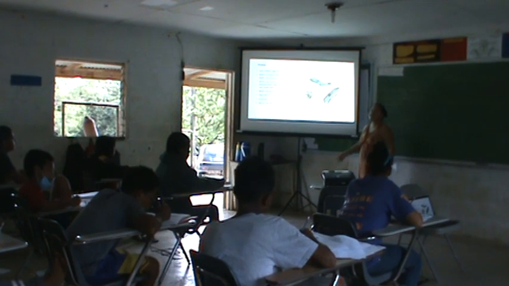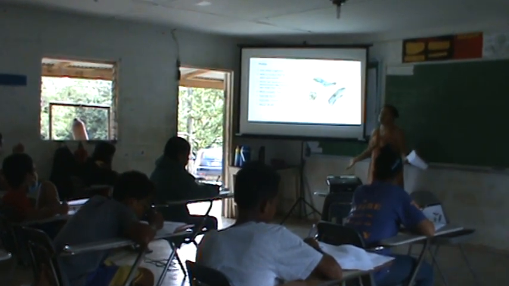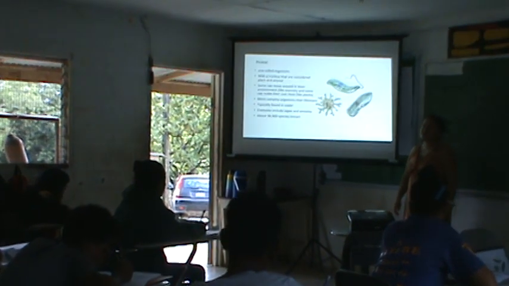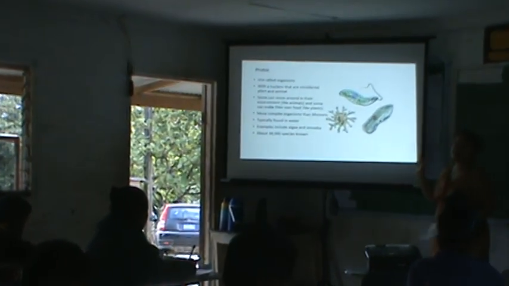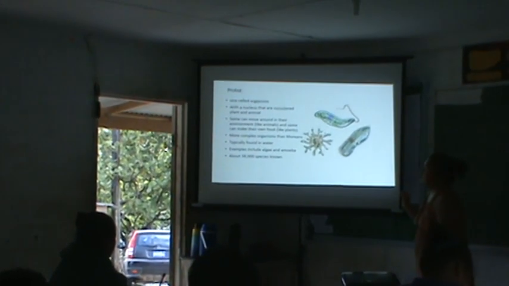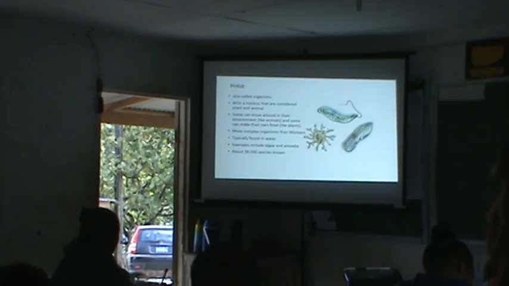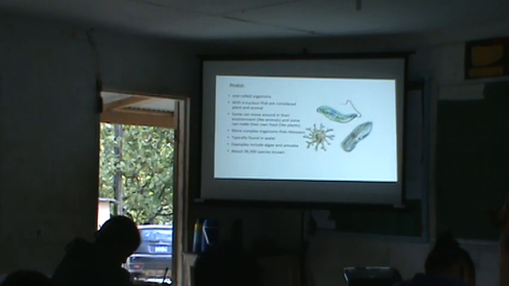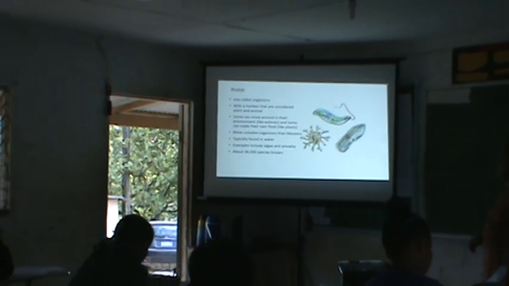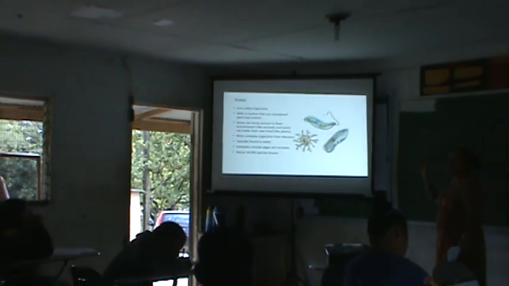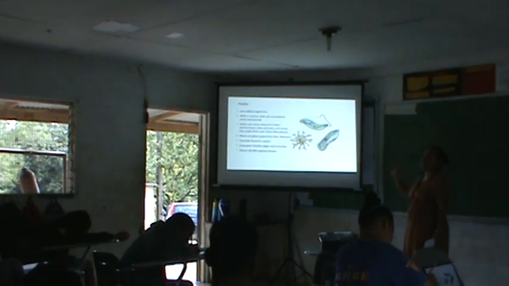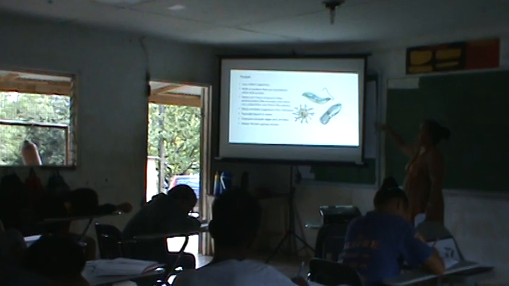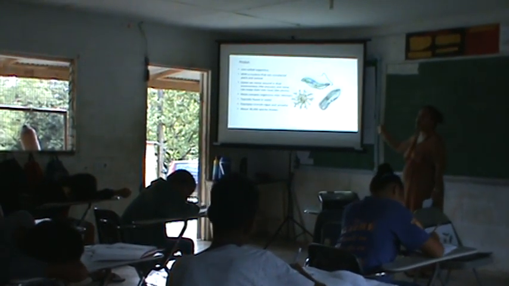Some of you may not see them because we don't have a microscope to look at them. We cannot catch these organisms, but the pictures are very helpful. Some of them can move around in their environment, so they are like animals. But some of them can make their own food, that's why they are considered plants. So that's why they are considered plant and animal.